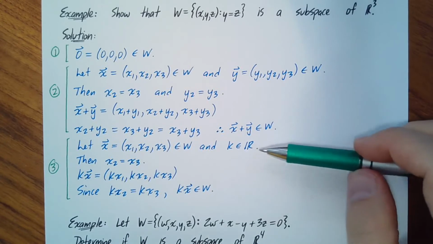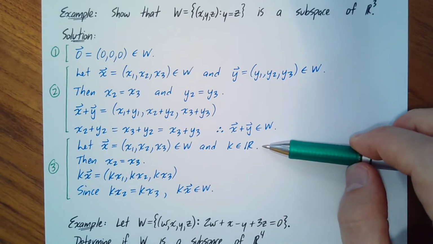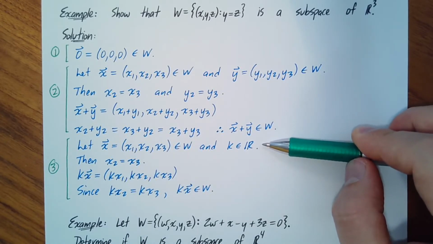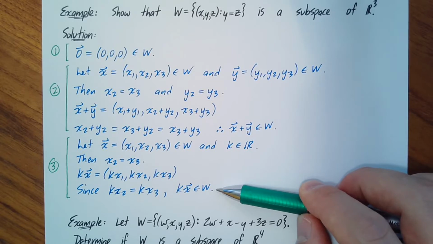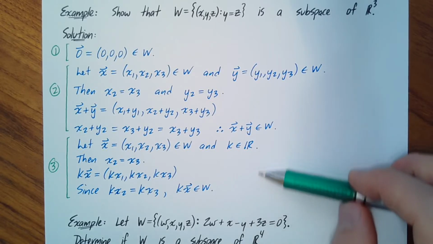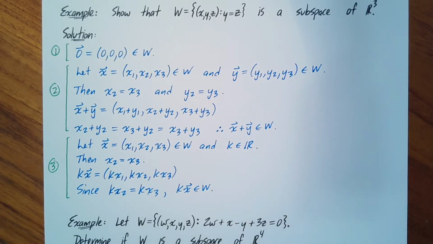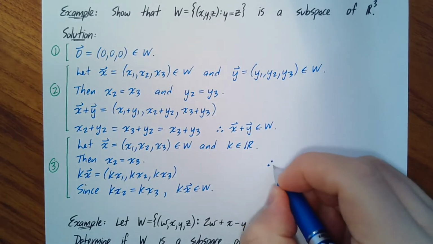Because we assumed that x was a vector in W and k is a scalar on this line. And then we were able to conclude now on the fourth line that the scalar product of k times x is also in W. So that's why this is now a complete proof of the third condition. So we've worked out all three conditions, we've justified them all. Now we can make our conclusion and say, therefore,